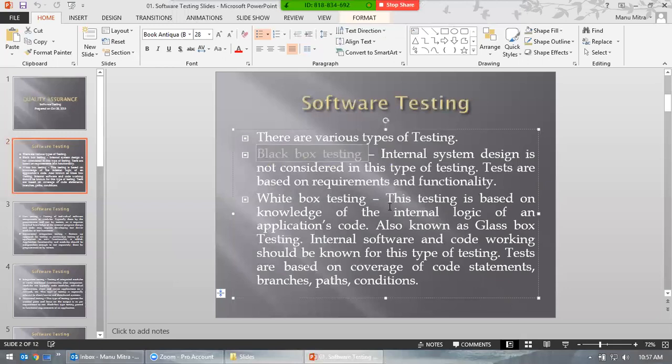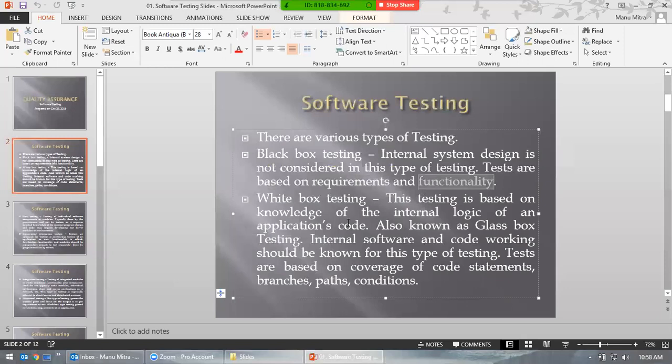Okay, and let's go a little bit into requirements and functionality. Requirements: you have documents, you can refer to documents. Sometimes it's not always documents; sometimes the business analyst says it by word of mouth, like, "Don't refer to the document, it should be like this, and I'll send you an email based on that." On that basis, you can take it as a requirement. And functionality is something which is